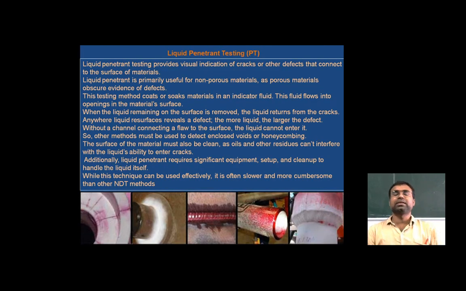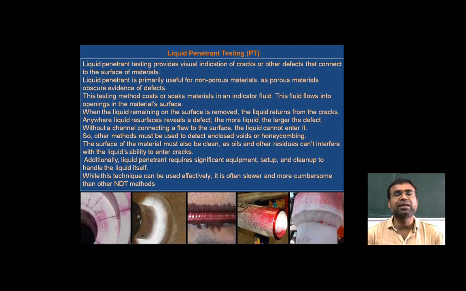This is the very basic of the identifying process. We will discuss the step-by-step procedure of how this liquid penetration, dye penetration test happens, and how this liquid helps to identify the surface crack.